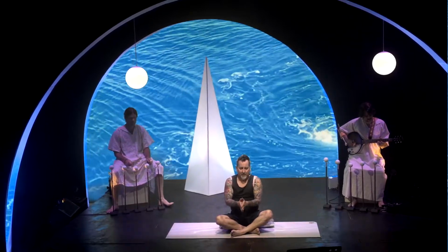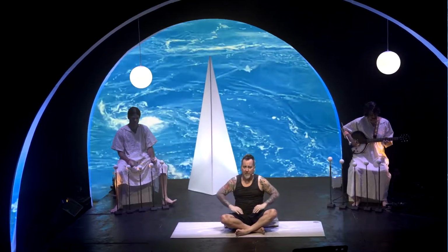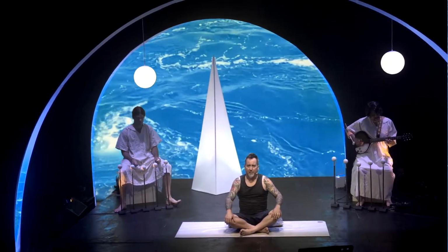Today we're going to work with the water element. The water element is associated with the second chakra, which is located in the pelvis and hips. And we're really going to...